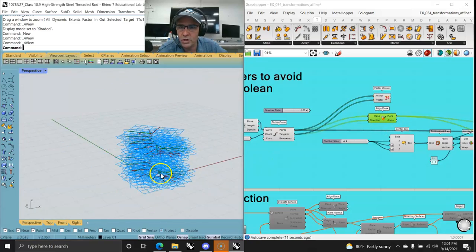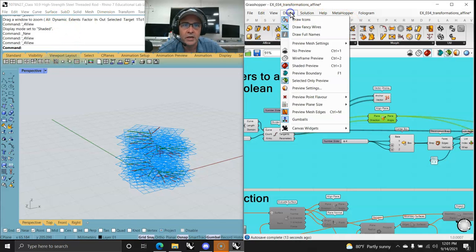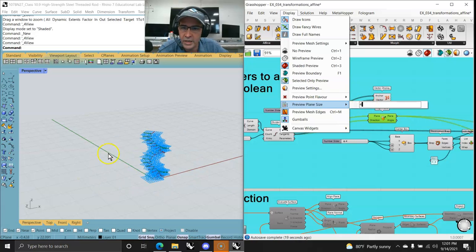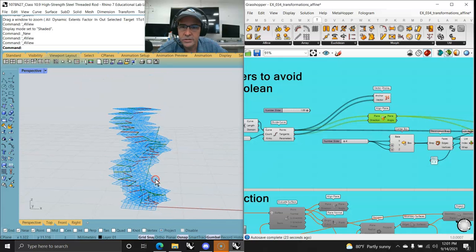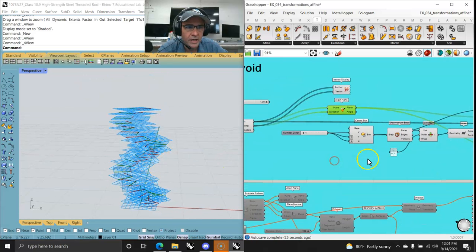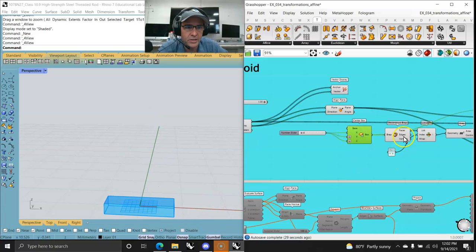And once again, when you see a model and maybe the planes are a little too big, go in the plane area. Plane size you might want to reduce. I'm going to reduce it down to size 4, hit enter, and now I see I have a nice little system of what's oriented. What I then ended up doing with those planes is I built a bounding box, and